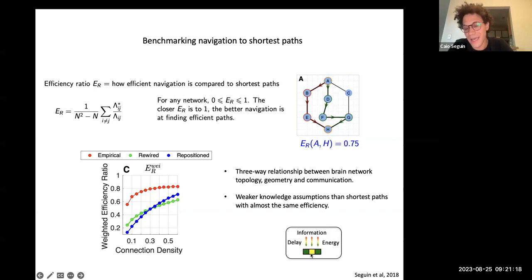So if we think about our little tag, we could say that navigation has a good transmission delay. It still has this problem that it requires you to know how far away your nodes are in relation to a target. And that is very hard to conceptualize how the brain would actually do that. But the point here is to show that you can come up with decentralized communication strategies that also work really well. You don't need to know the entire network topology to come up with a way to send information in an efficient way. There's proposals to how we can adapt the internet to send information like this instead of shortest paths. This is kind of where this line of research has more traction. So this is the idea of navigation.